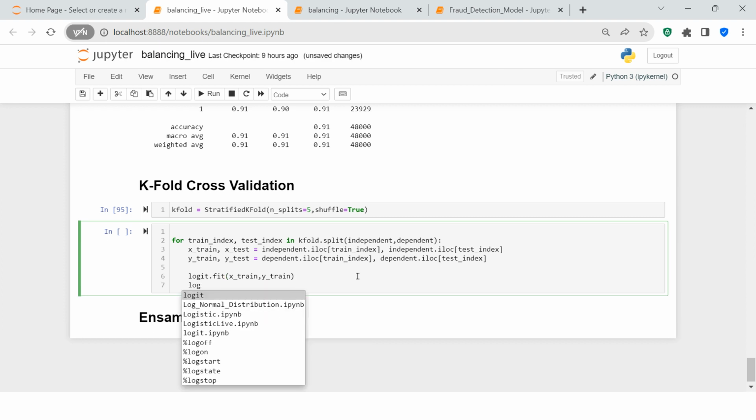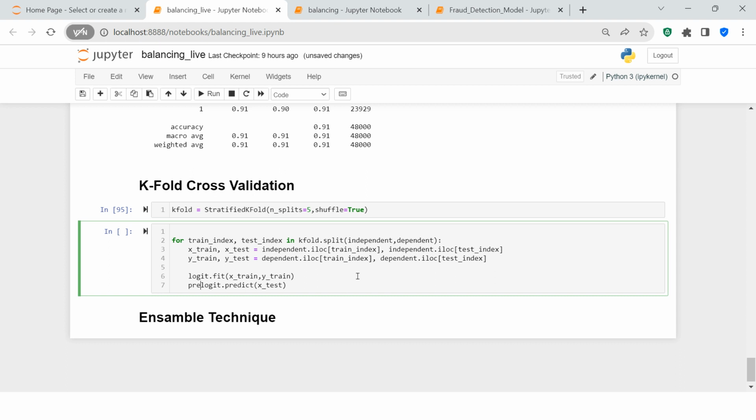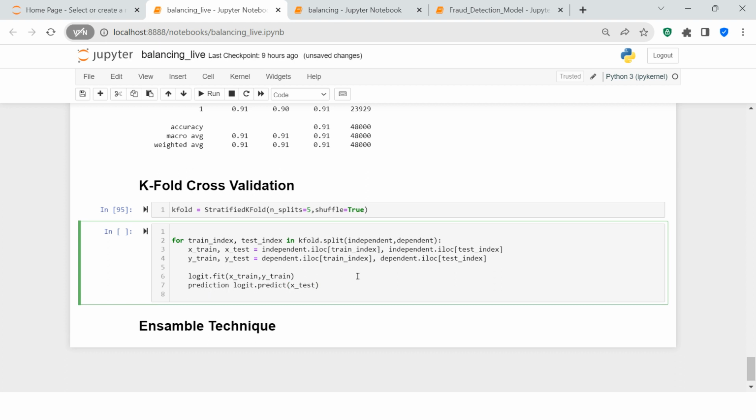Then logit dot predict, and inside that I'm going to use xtest. This I will store in prediction, that is stored into the prediction. Now after that, sorry, I need to say equals to. I will also try to take the score of it, right? And let me say score equals to logit dot score, and inside that I'm going to take xtest comma ytest,